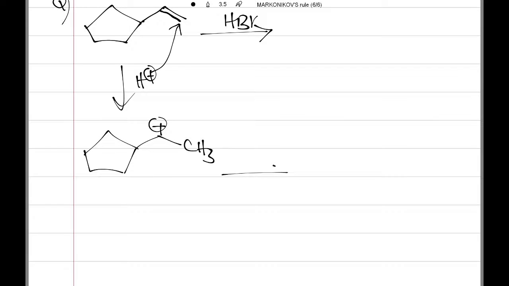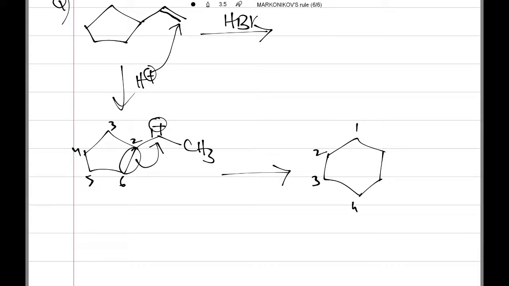Now just now I discussed that if a 4- or 5-membered ring has an adjacent carbocation, ring expansion takes place. Give the numbering here: 1, 2, 3, 4, 5, so just 6. So just write the 6-membered ring here, and again give the numbering 1, 2, 3, 4, 5, 6. So on the first carbon you get the CH3, and on the second carbon you have the positive charge. Now again here there is a hydrogen present.